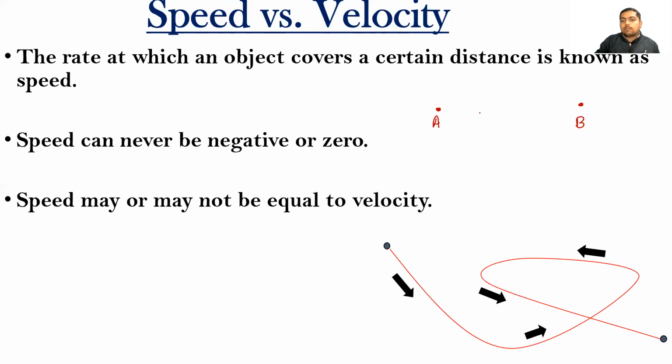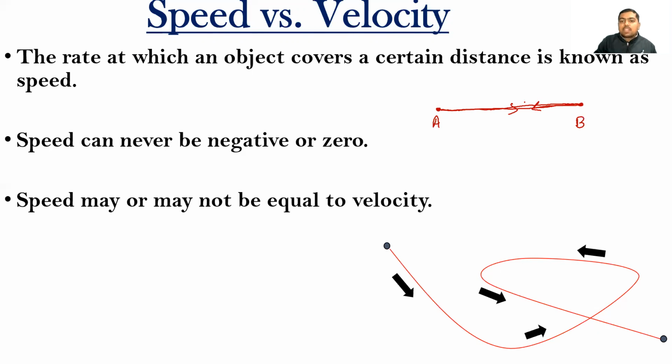You can say that when we are moving in a straight line from A to B, distance is equal to displacement, and when distance equals displacement, then speed equals velocity. But is this sentence completely correct? No. Why? Because even when moving in a straight line path, we can also travel in the opposite direction. It can happen.